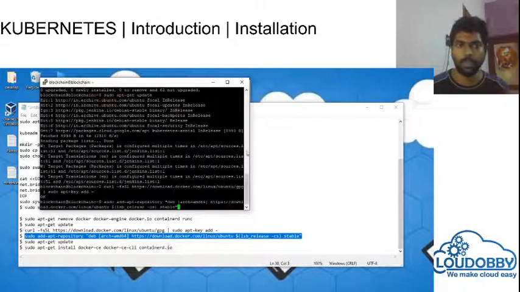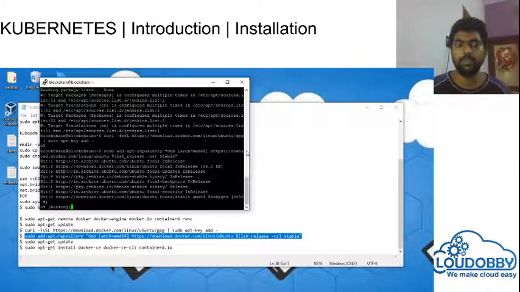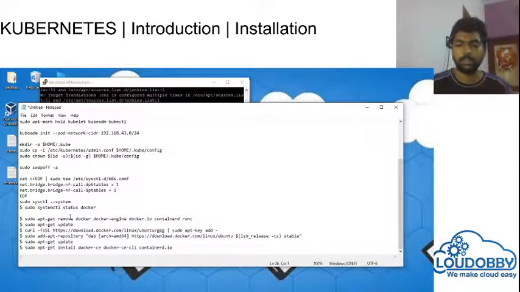This is going to add it into the repository. So we are now seeing how to install the Docker. Basically the installation of Docker.